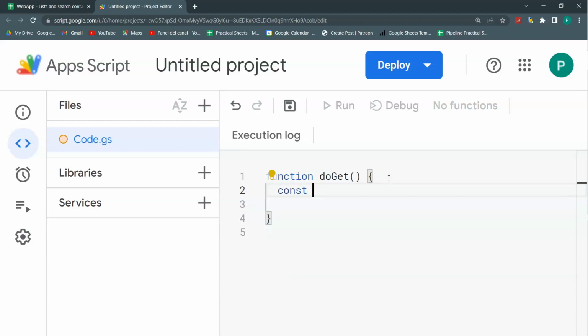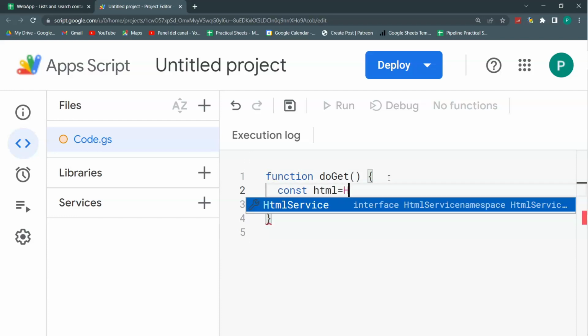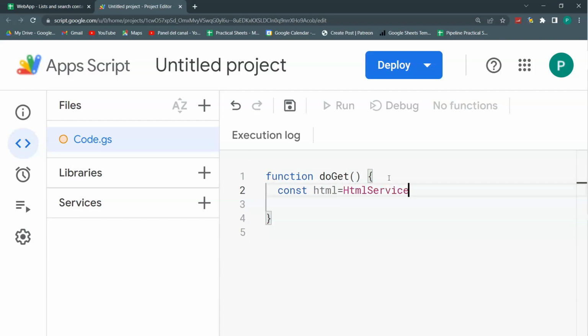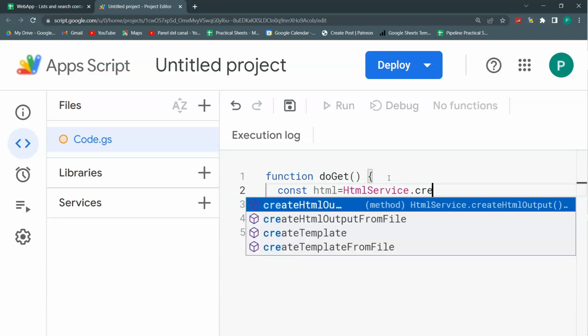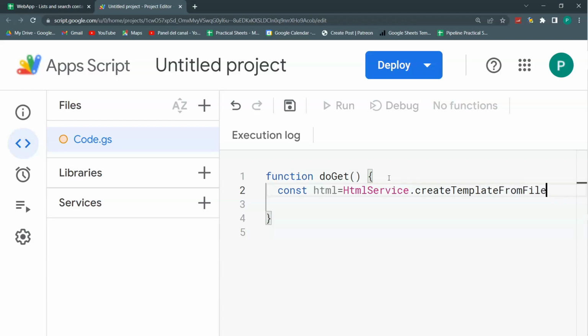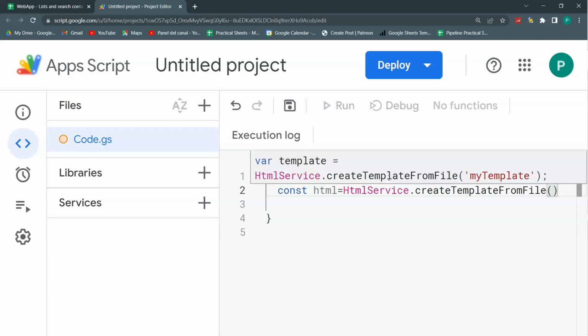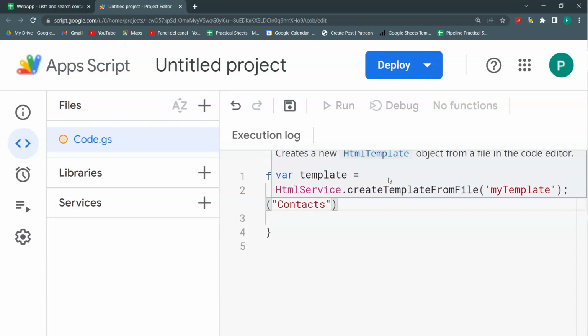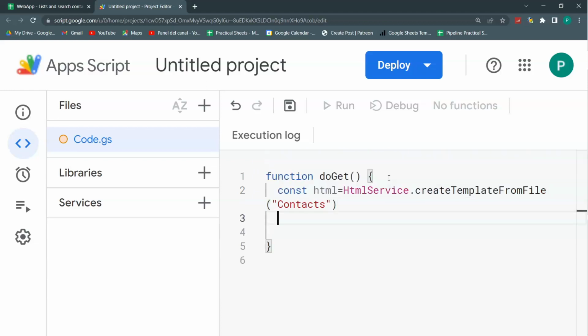Let's do this in a constant that we're going to call HTML. HTML will be from my HTML service. We could create a template, or we could create an output. Either of those will work well. The difference is that when I create a template from file, and the file, we can give it here, let's say it's going to be called contacts, the difference is that when I do a template, I